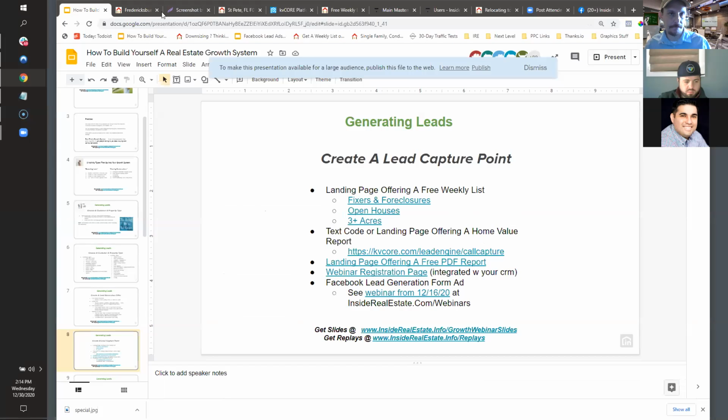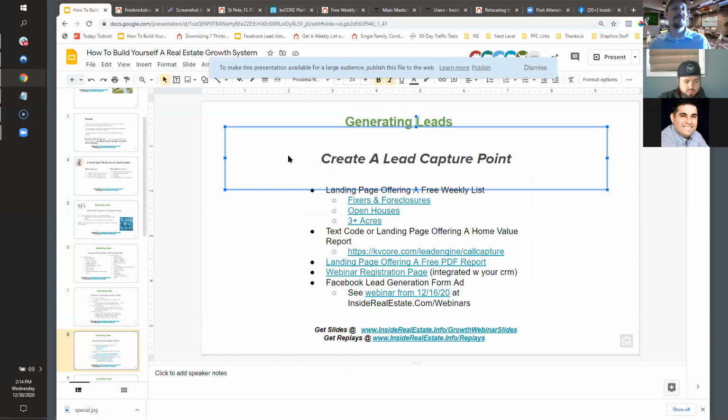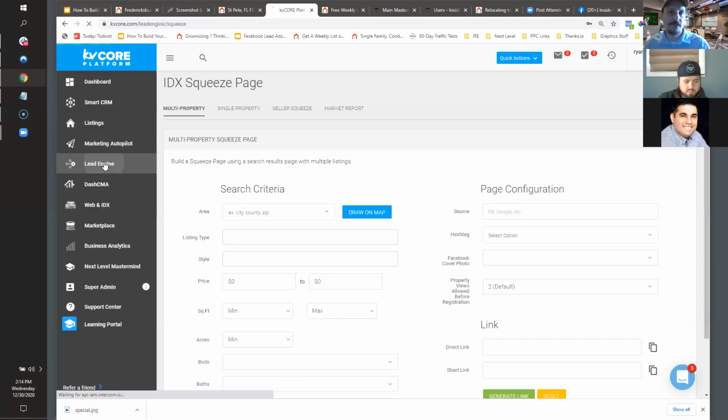The next type, and this is probably one of the coolest features of kvCORE and the most underutilized, even though plenty of people use it, is text codes that offer some kind of information, your lead generation offer, in return for the person texting you a code. So the way to do that is you go to Lead Engine,